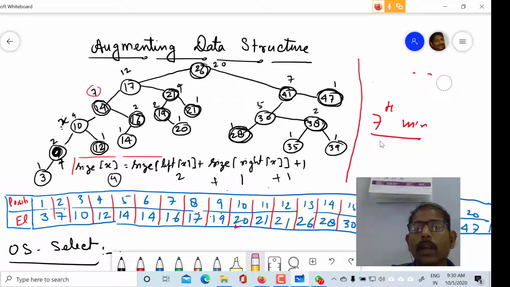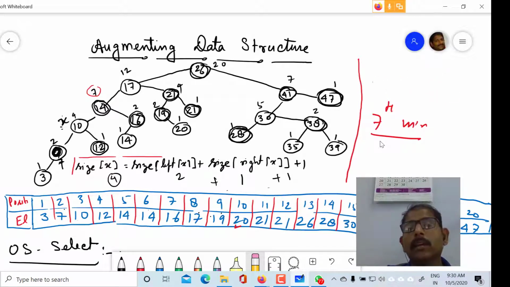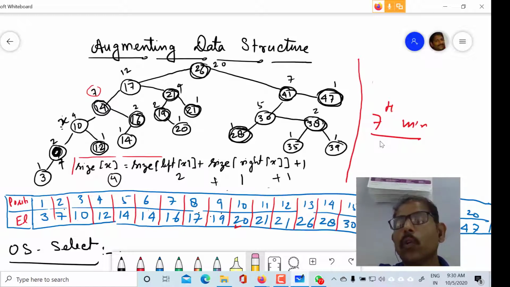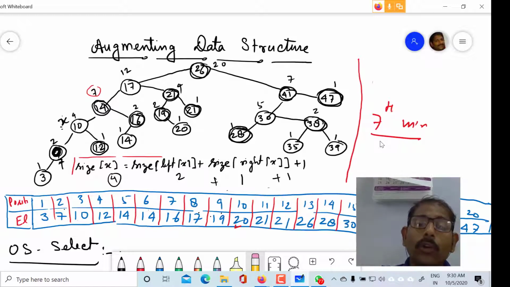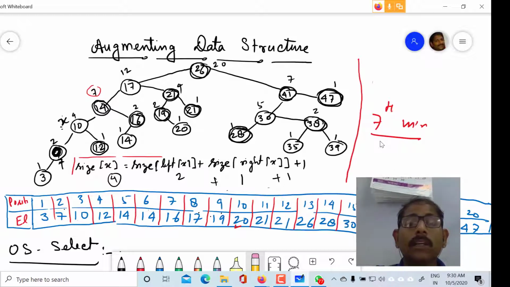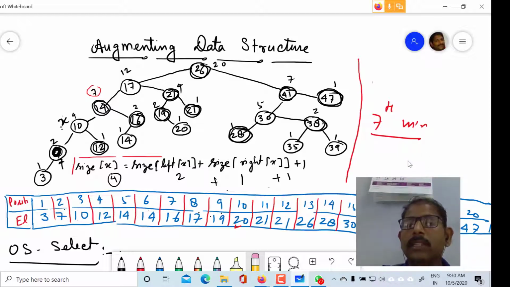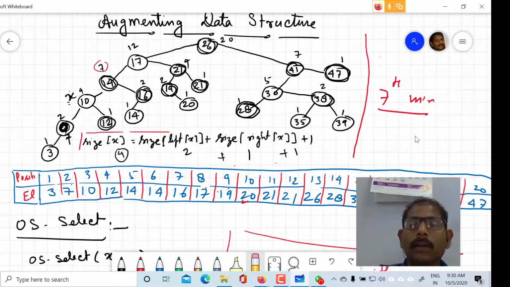If I want to find the seventh minimum element, first of all I would go to the root node. So what is the size of the root node? Actually, this is not exactly the size of the node.